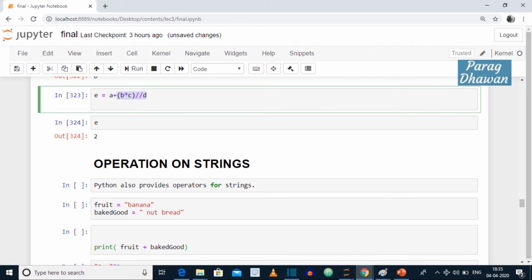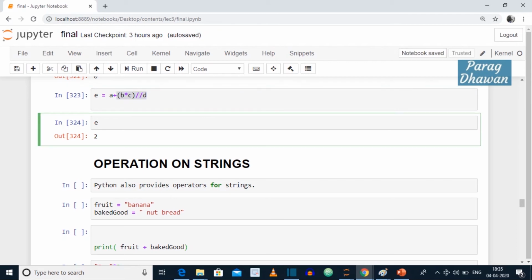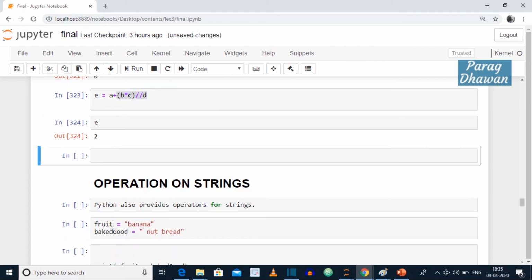Next example for exponentiation, where we explain that the associativity of exponentiation is from right to left. Insert a cell below and print the value of the expression: print 2 power 3 power 2. 3 into 3 is 9, 2 to the power 9 is 512.